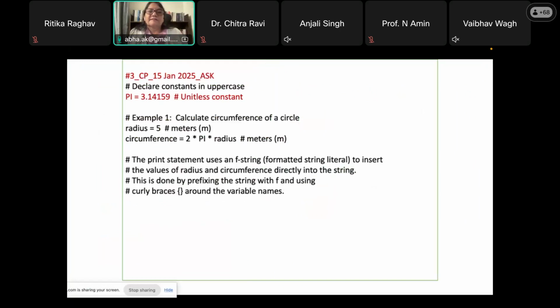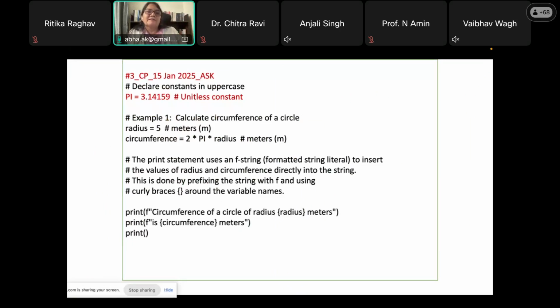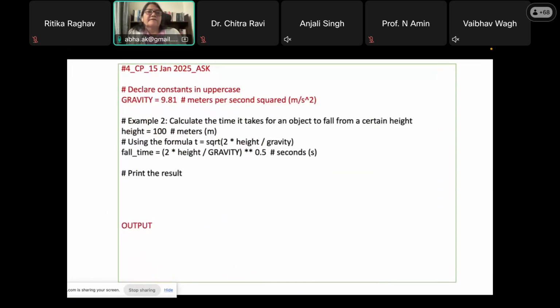I have used this instead of, what could I have used? I could have used the multi-line comment, triple quote ending with triple quote. Purposely, I used this so that you can see that every time I had to put a hash here. Now print circumference of a circle meter. Okay. Same example. Then in this example,